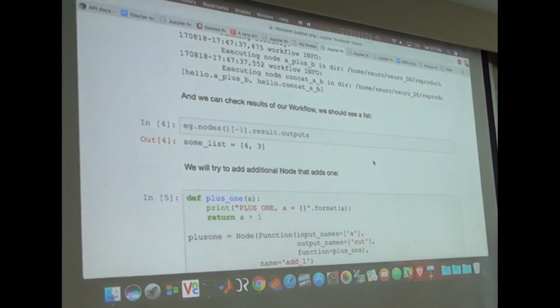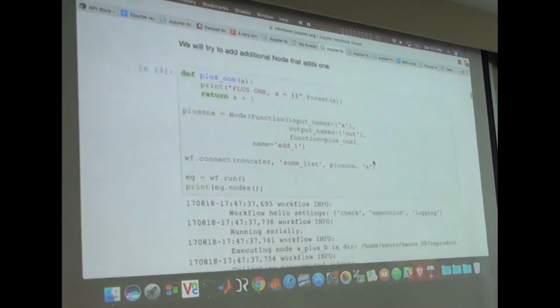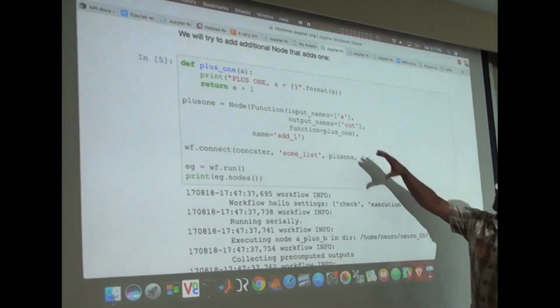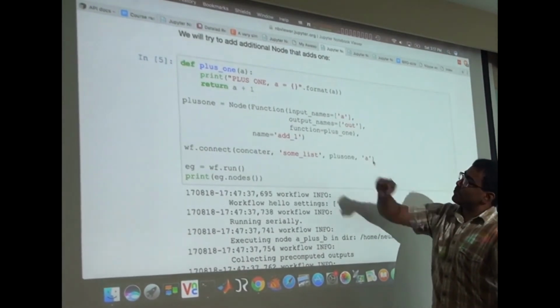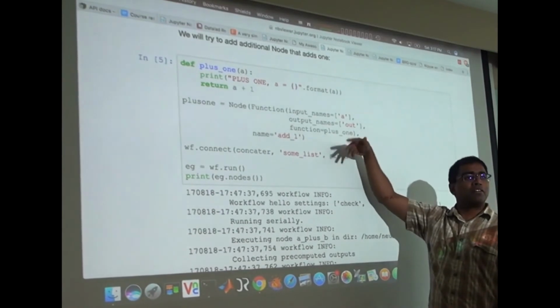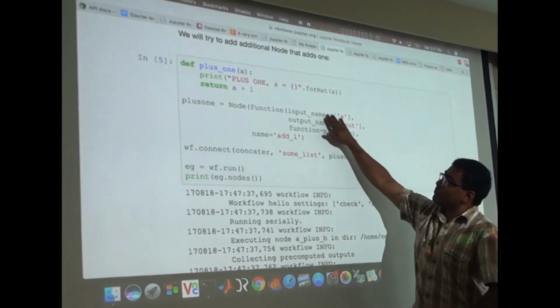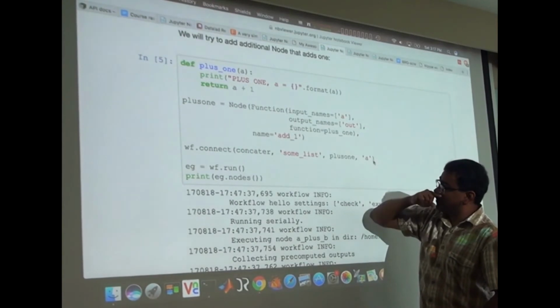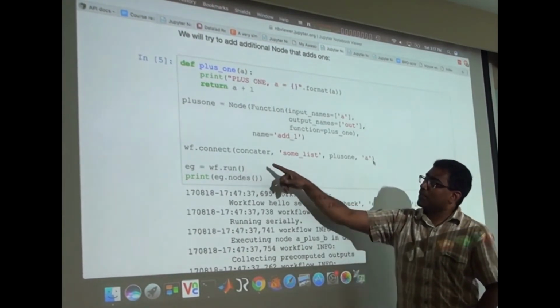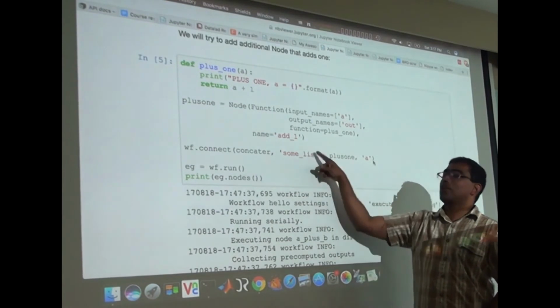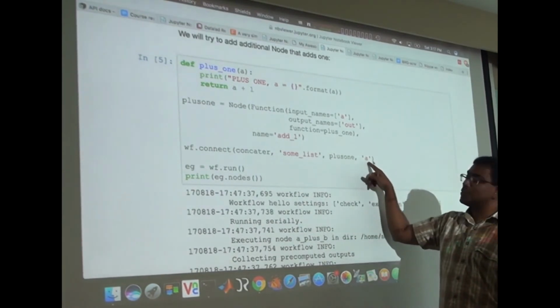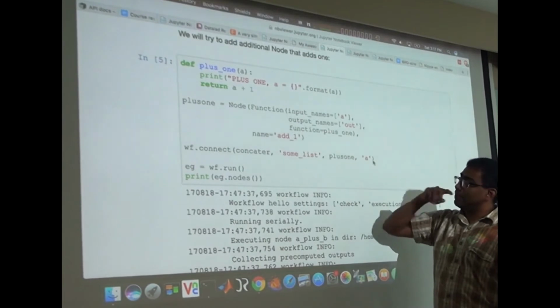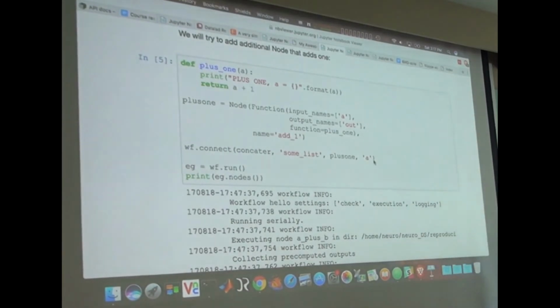Okay, so now we will try to add another node to this. We'll call it +1. It takes a single input and it adds 1. And as before, we define a new node for +1. This should now become repetitively similar for these function nodes. Input names, output names, function. And we create this connect statement which says, take the output of concatter, which we call SumList, and pass it to this input A of +1. And when we run this,